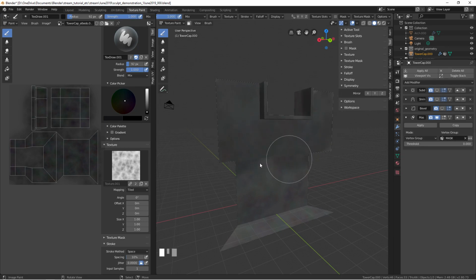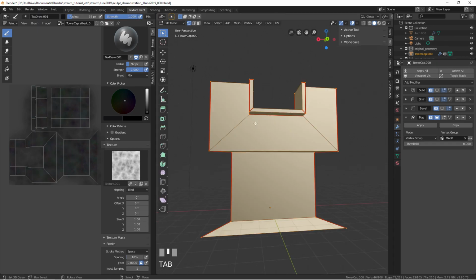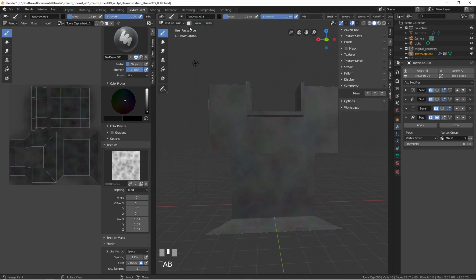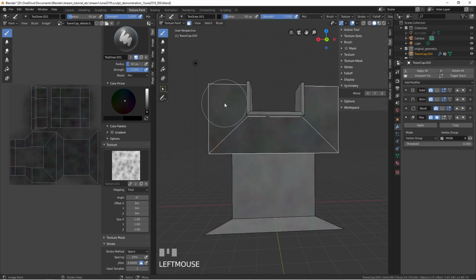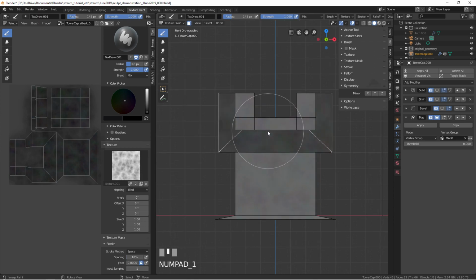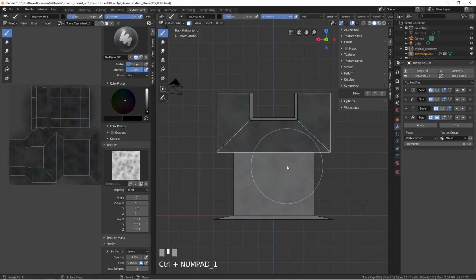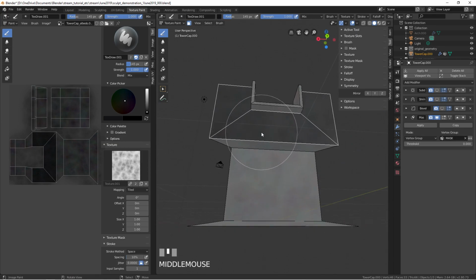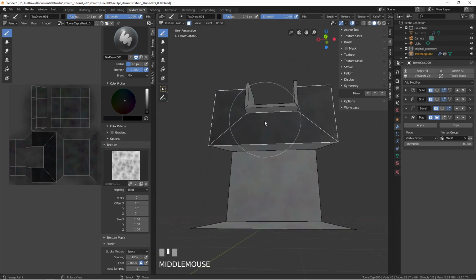If you have problems with it bleeding over like that, what you can do is select the faces you want to work on, go back to texture paint mode, in edit mode you want to select them. And now it's not even thinking about all the other stuff. And switch to this back orthographic view, and now it's not having that perspective get in the way either. And of course you could use another mask modifier and a vertex group to